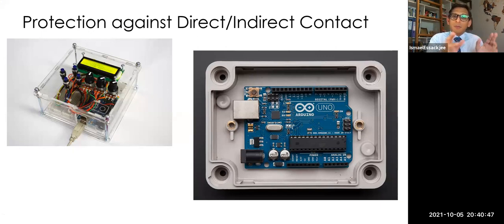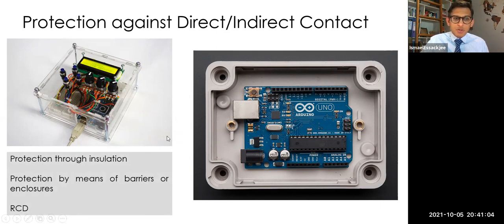This is what I was telling you about, one of the ways by which we can protect our equipment, our circuitry from direct contact for people not knowledgeable, even yourself. By accident, you can touch it. So just be careful on this side as well. So protection through insulation, we mentioned that. Protection by means of barriers or enclosures, or you can put it in a cupboard. This would be fine, isn't it? Or you install the LCD to protect human and so on.